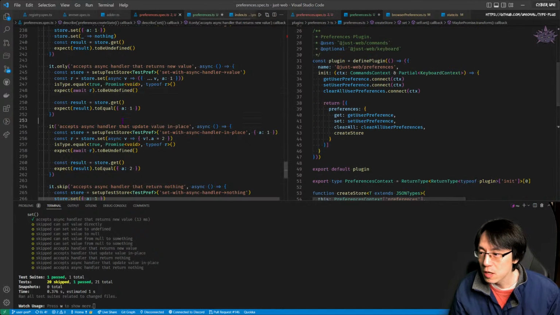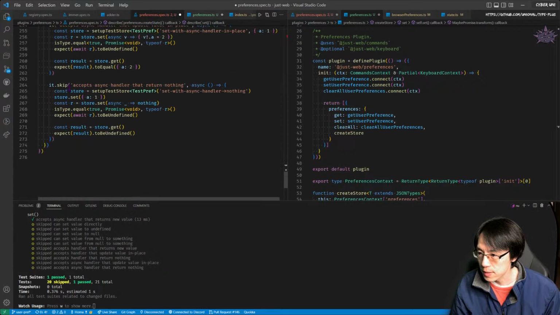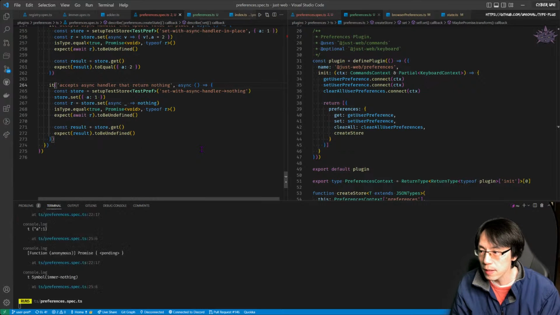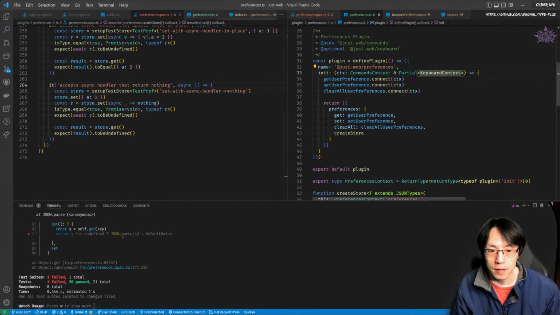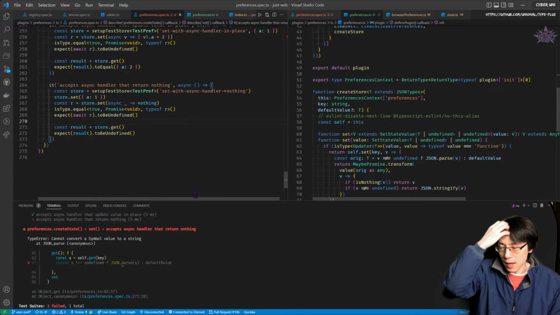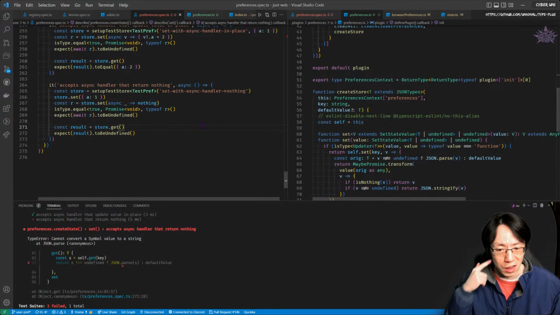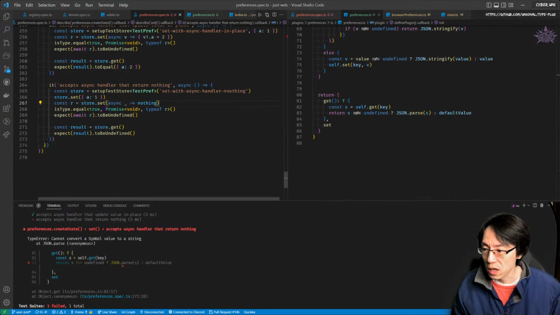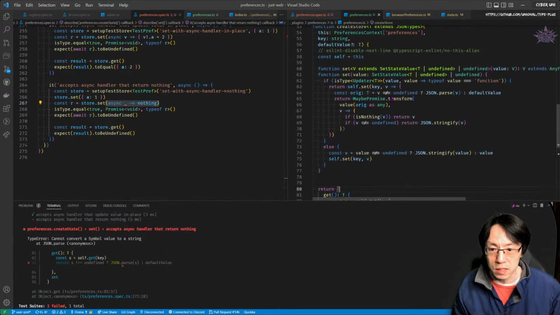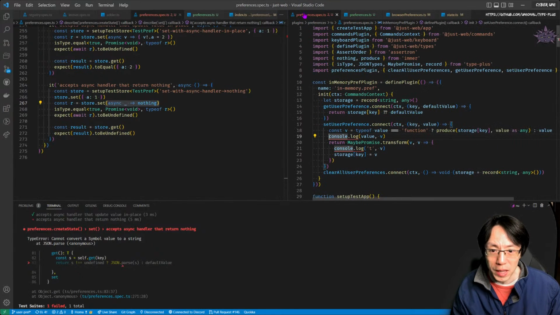Stupid. So that's that. So now with that, I can enable this. So this get simple value to string. It gets the nothing. It gets the nothing. So this guy, it gets the nothing. So supposedly it should work. Maybe